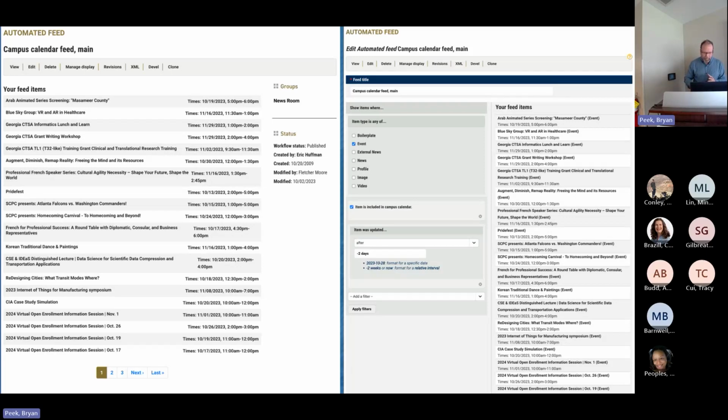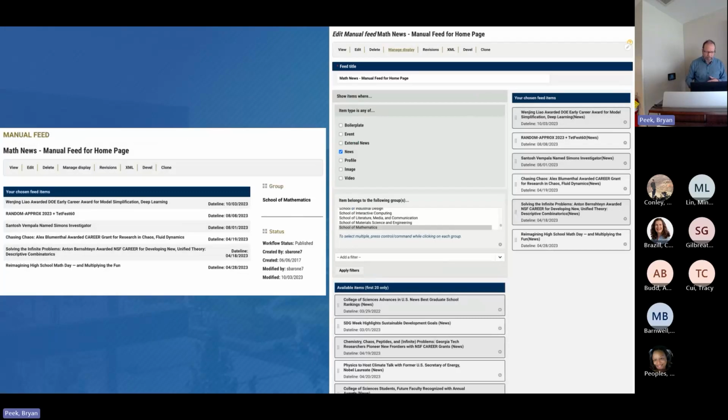So you set all these various filters, and there are others in the add filter dropdown. There's title, there's keywords, there's categories. There may be others, like updated, not updated, dateline, event time. Whichever filters you choose, the items that meet those criteria will be shown in the feed items list. And when you save it, it'll be shown as it is here on the left.